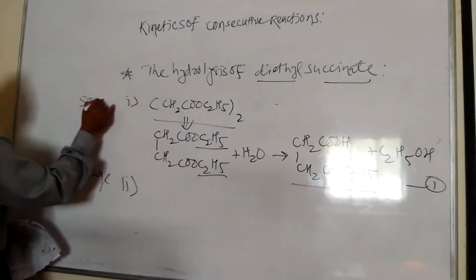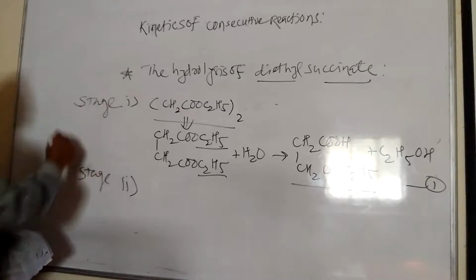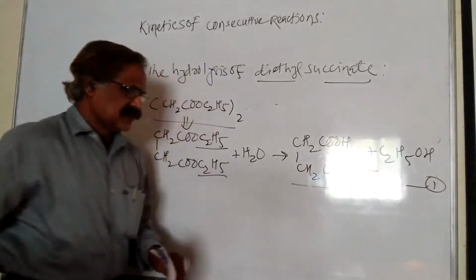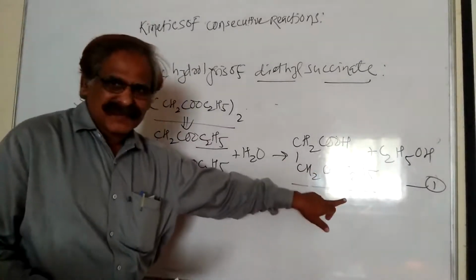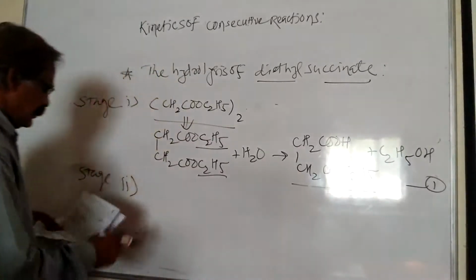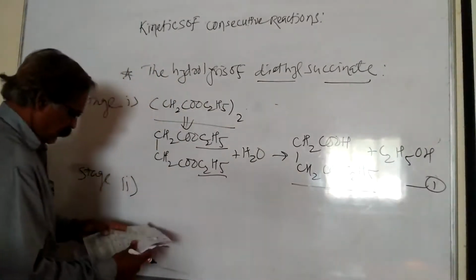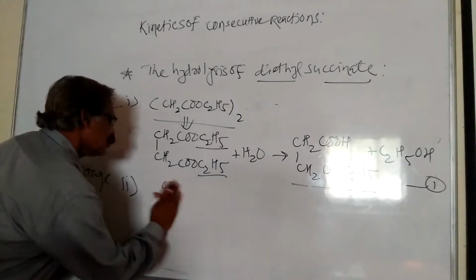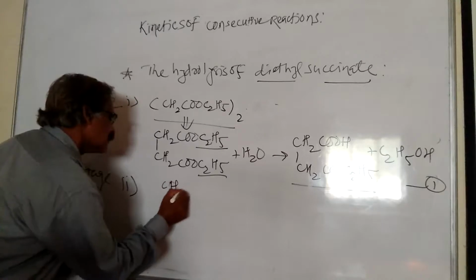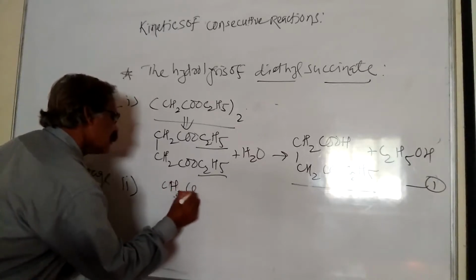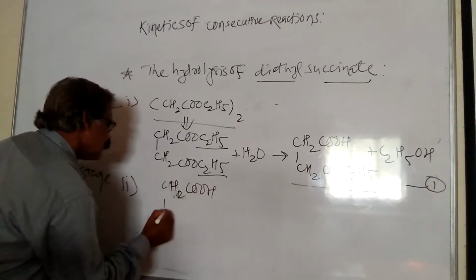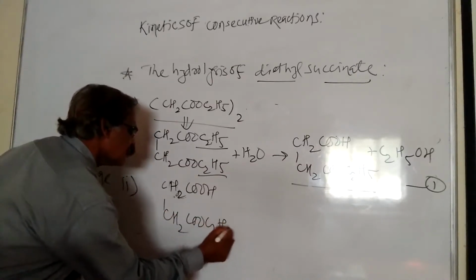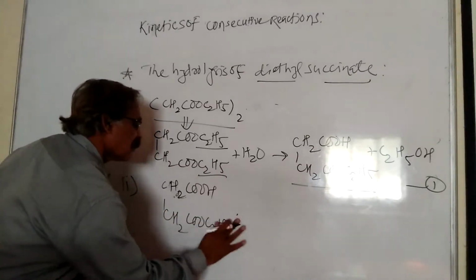this product generated in first stage gives the final product CH2COOH, CH2COOC2H5 plus